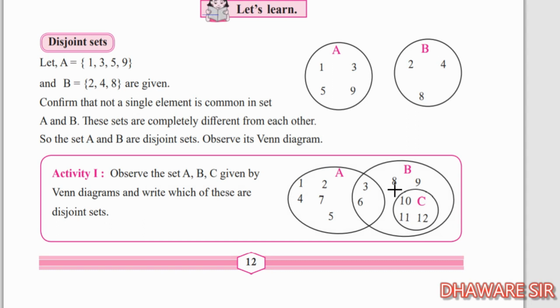But A and B are not disjoint sets. They have the common elements 3 and 6. And B and C are also not disjoint sets, because C is a subset of B. Here C is the subset of B. All the elements of the C are in the set B. So let us see the